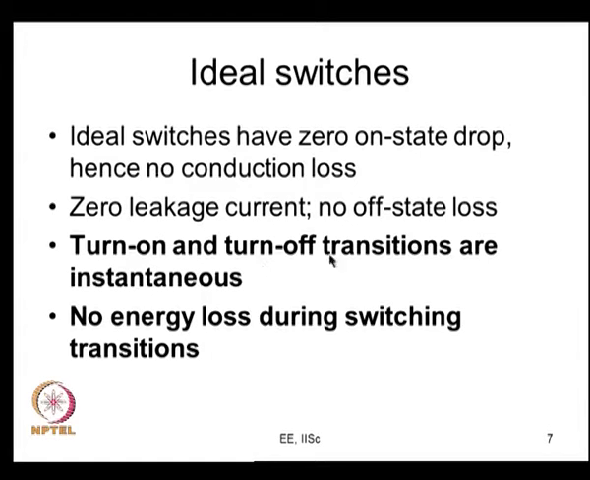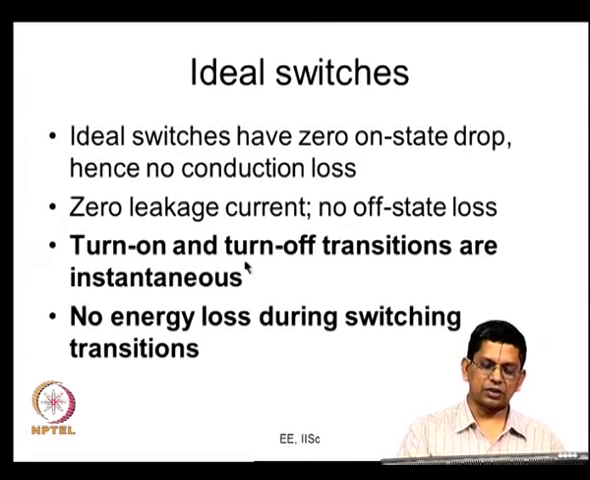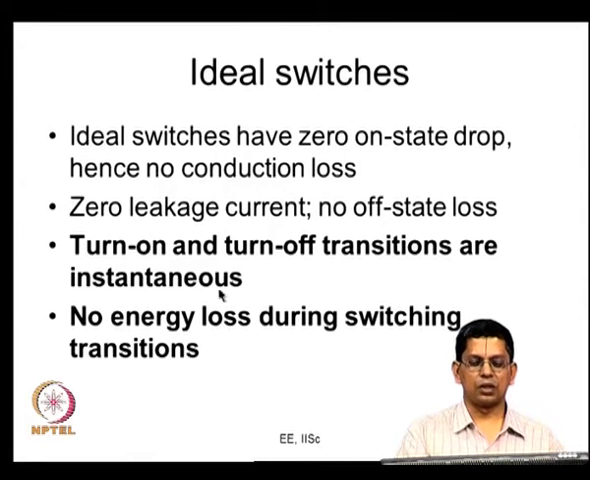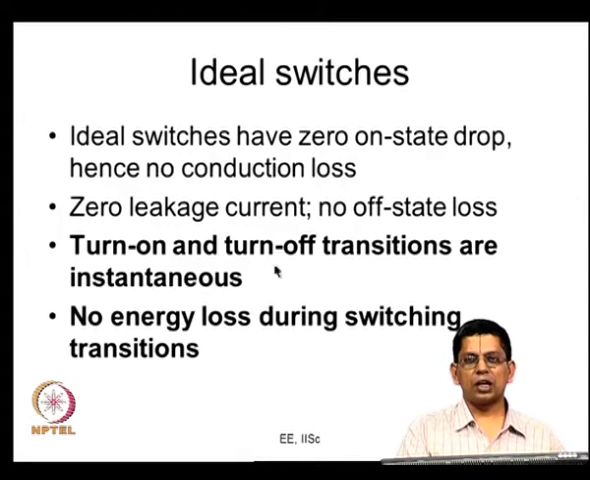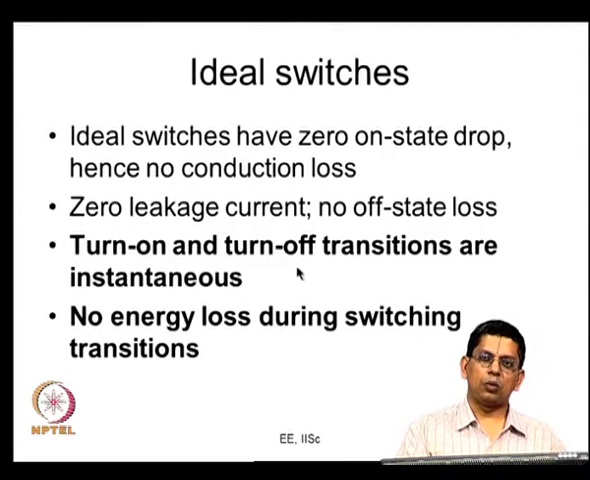Again, the turn on and the turn off transitions are instantaneous. The moment it starts turning on, it is already on. The moment it starts turning off, it is already off. During turn on, the voltage is expected to fall from whatever voltage it has been blocking down to 0, and the current is expected to rise from 0 to whatever current it is expected to conduct. These two will happen instantaneously. Similarly, during turn off, whatever current it has been conducting will fall to 0 instantaneously, and the voltage across it will rise instantaneously. So, this is what happens in an ideal switch. Since there is no finite duration in which the voltage falls and the current rises,